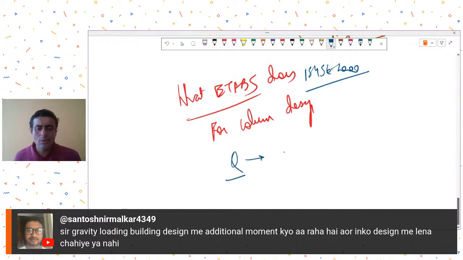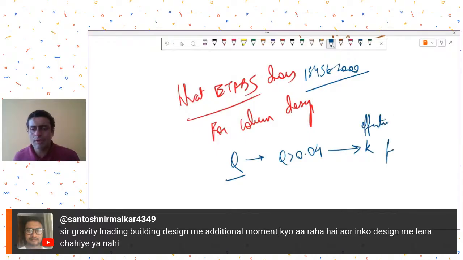If that Q is greater than 0.04, I think is the limit, then it takes the effective length value K for sway frames. So there is an alignment chart based on the